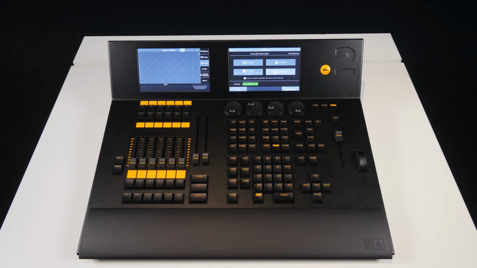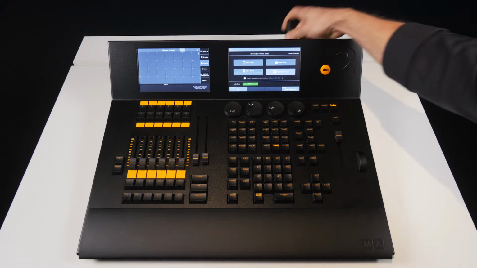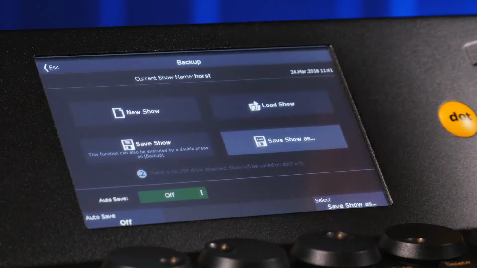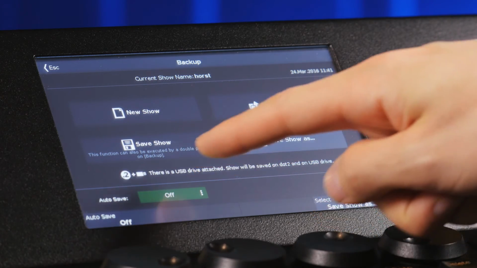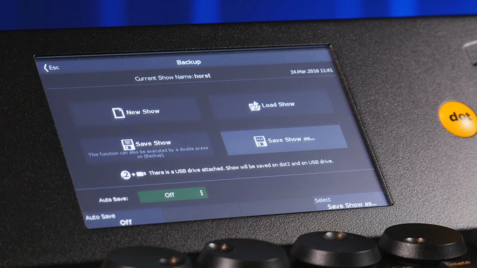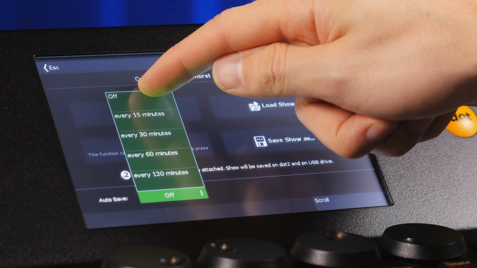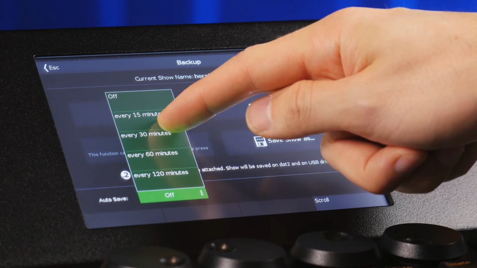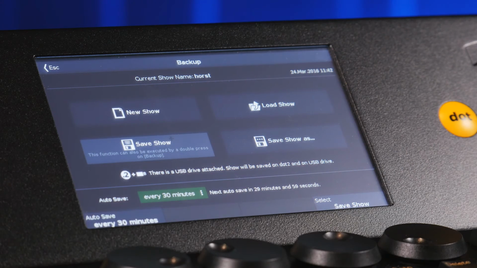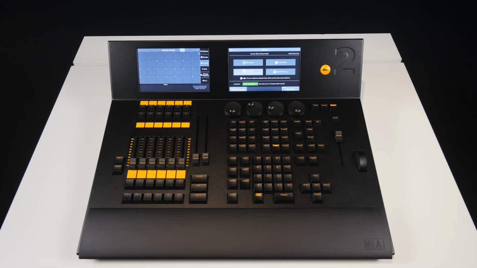If we insert a USB memory stick into the console before saving, the show will automatically be saved onto both the internal drive and the USB stick when we press Save. To stop us losing our show file data later on, there is an autosave feature here we can turn on. It can be set to 15, 30, 60, or 120 minutes. Once set, this feature will automatically save your show file both on the dot2 internally and on any USB stick